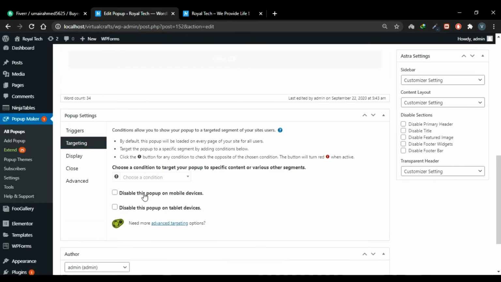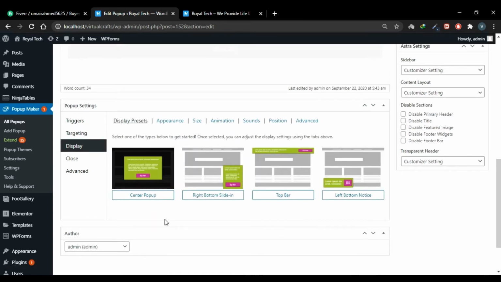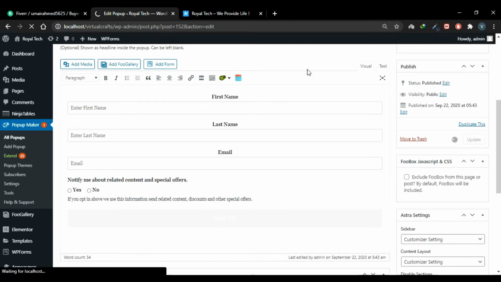Go to targeting and you can check these boxes to display this pop-up on mobile or tablet. Go to display tab and you can select a display preset. For example, now our window pops up at the center. We can choose right bottom slide in. Click this, update this,